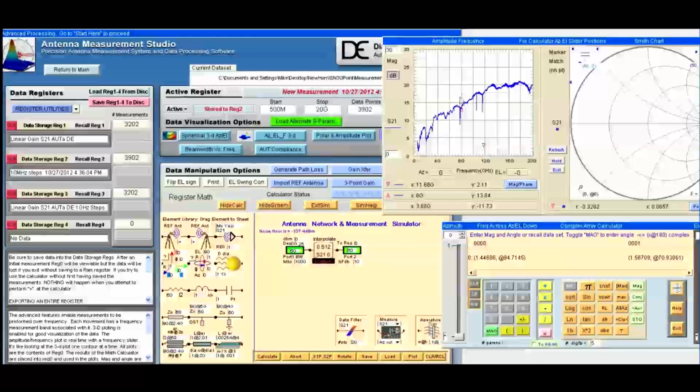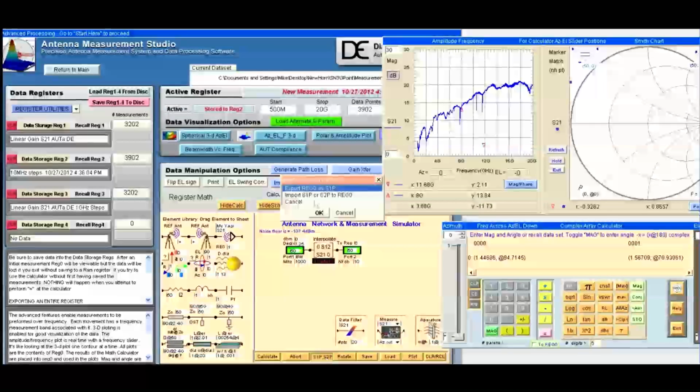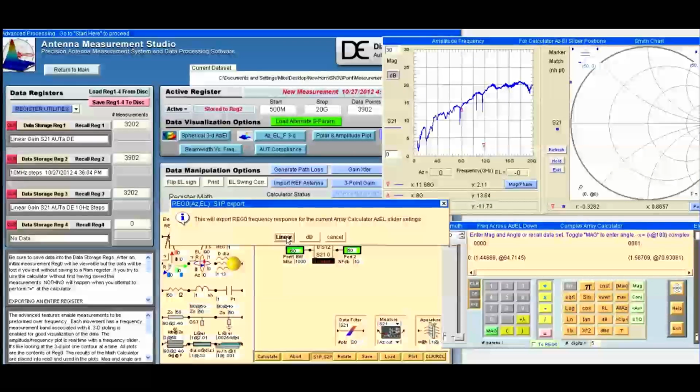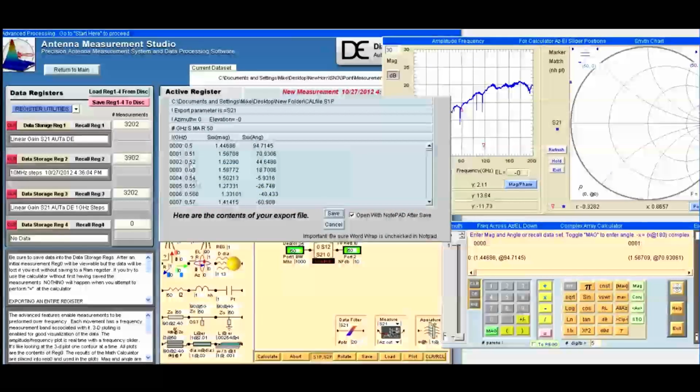We'll store this data in Reg 2. Now, in Reg 3 we have the low resolution cal, in Reg 2 we have the high resolution cal, and in Reg 1 we have the actual measurement data. We're going to export the high resolution data as a linear file, and we see that the steps are exactly 10 MHz. So this is an effective way to create your own calibration on your own antennas and make them available to